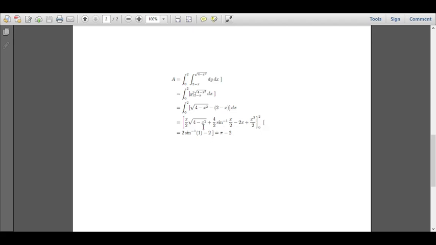If you substitute the lower limit 0, here 0, sin inverse of 0 is 0, here 0, here 0. So you will get 0. So 2 sin inverse of 1 minus 2 is the final result. Since sin inverse of 1: how to write? 1 is sin pi by 2. So you will get sin inverse of sin pi by 2, which is pi by 2, and 2 into pi by 2 is pi. So pi minus 2, which is the final answer.